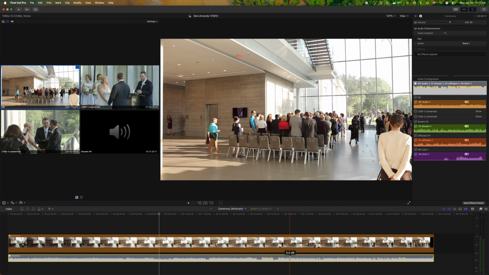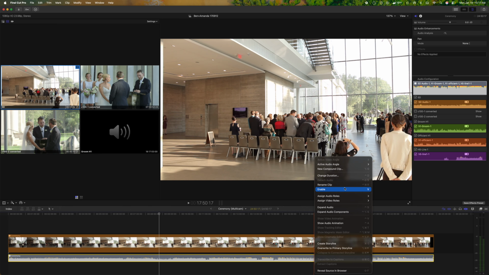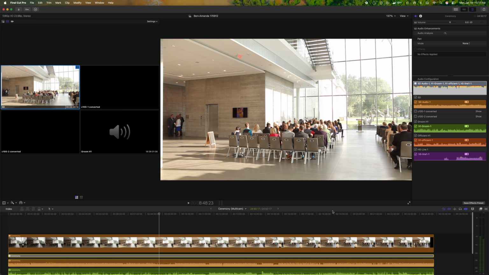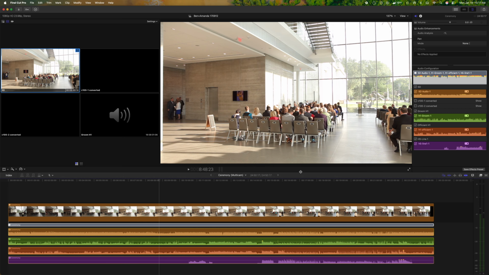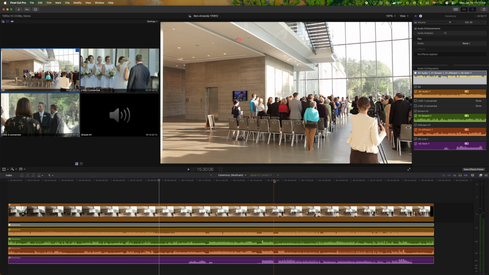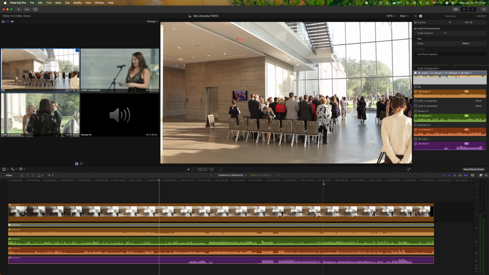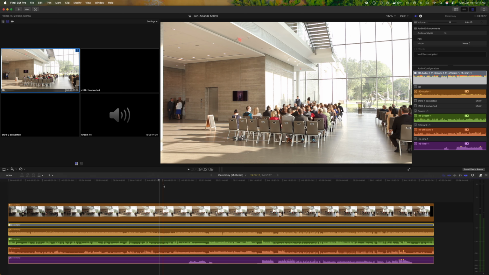one audio clip. So if you right click on it and click on Expand Audio Components, now you can see the rest of your audio clips. And it's really nice because you can tell by looking at the waveforms if anything is out of sync. Everything looks like it's perfectly in sync. If I play it back,